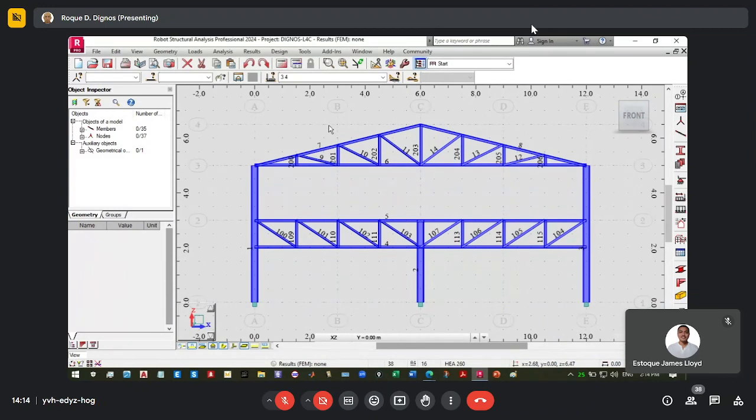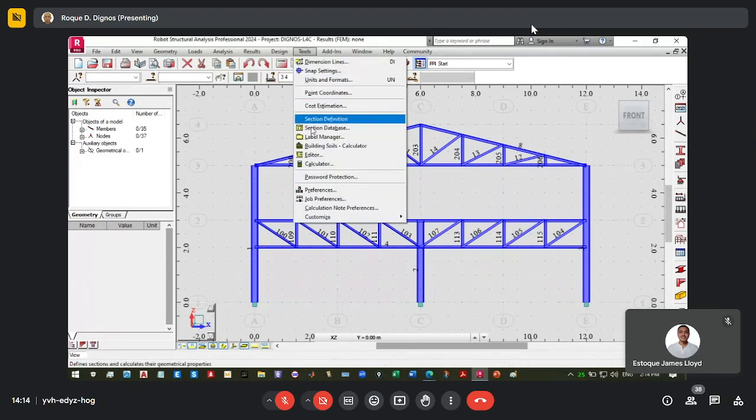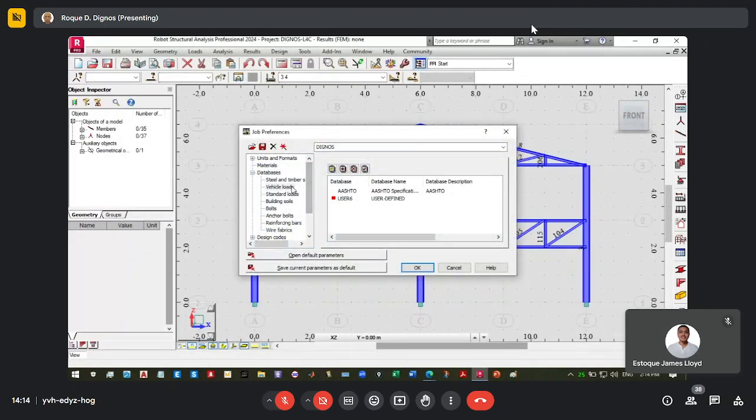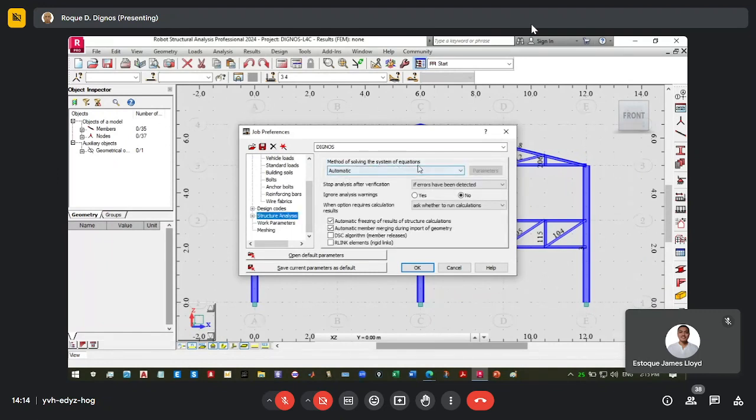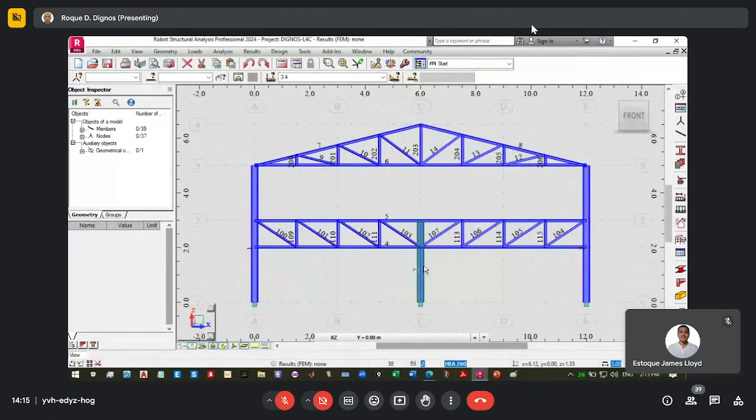So we define first our preference, and then the structural analysis should be iterative to consider different stresses for every different movement of the moving load, and just click OK. And now we are ready to design, analyze.